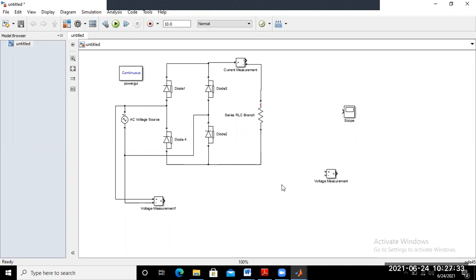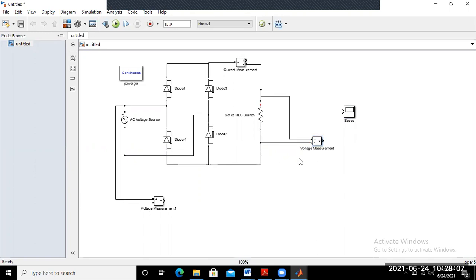Similarly, if you want to measure the output voltage, then you put it here, across the output or load terminal. So this voltmeter you connect to this point and this point.